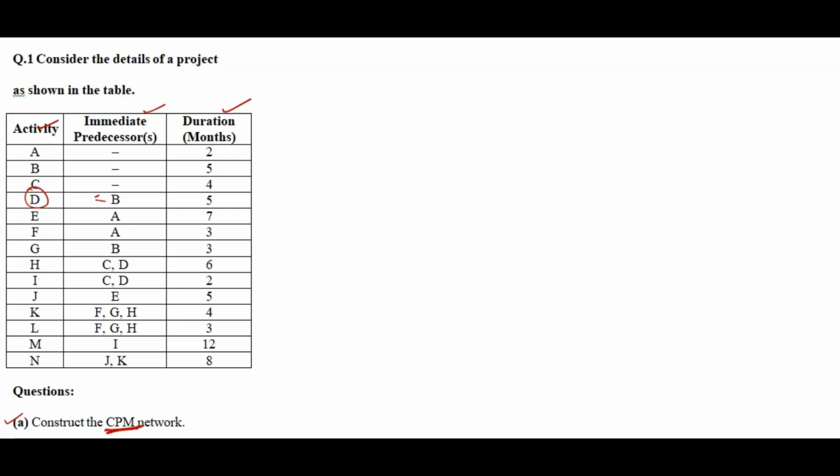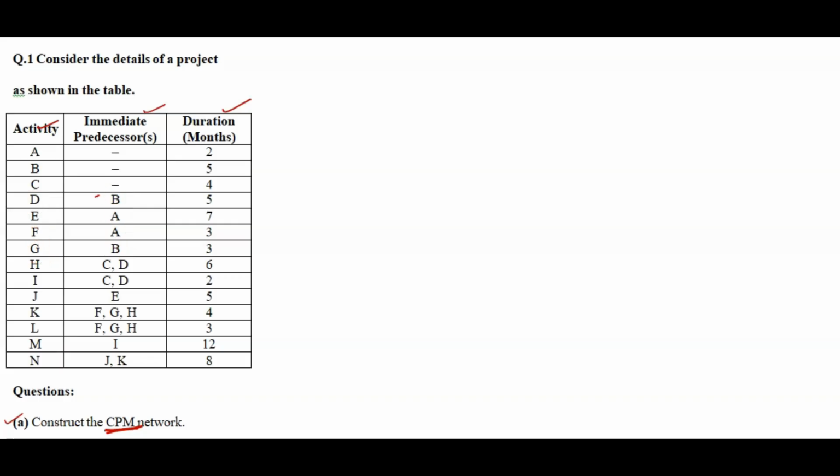What does that mean? Before D activity we have to perform B, then only we can go for D. Like for E we have to perform A, then only we can go for E. So E will be connected with A, F will be connected with A, G will be connected with B. Like this, somewhere you can find 2 predecessors, somewhere 3, somewhere a single predecessor,